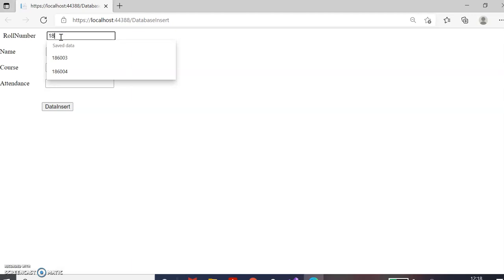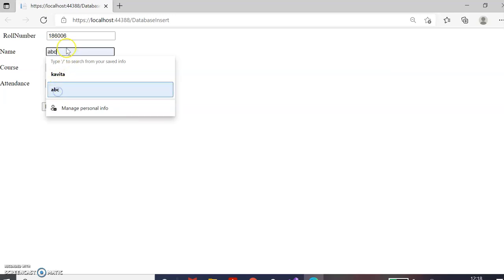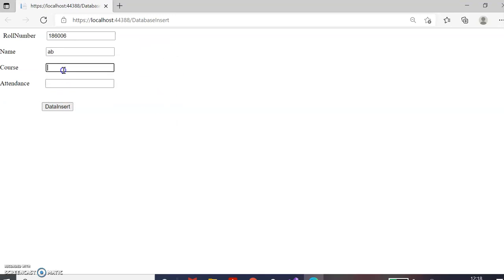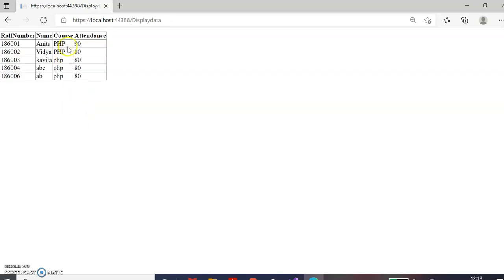So 186006, let's take, name ABC AB, and PHP 80%. Say data insert. Now the data has been inserted. You can see roll number 6, AB, PHP, and 80%, and it is redirected to display data.